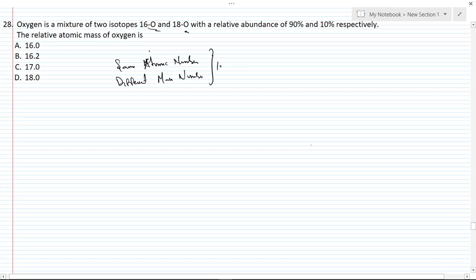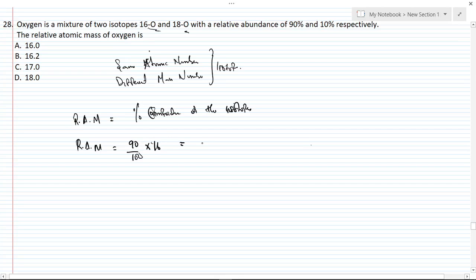That's what an isotope represents. So generally, how we solve this now is by using the relative atomic mass and the percentage composition of the isotopes. In the case of this question, the relative atomic mass is equal to the 16.0, which has an abundance of 90%, so 90 divided by 100 times the mass number, which is 16, plus